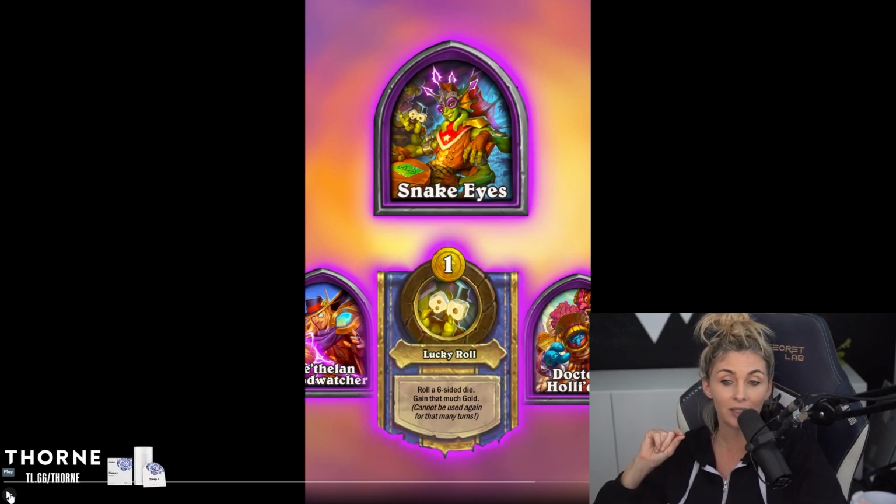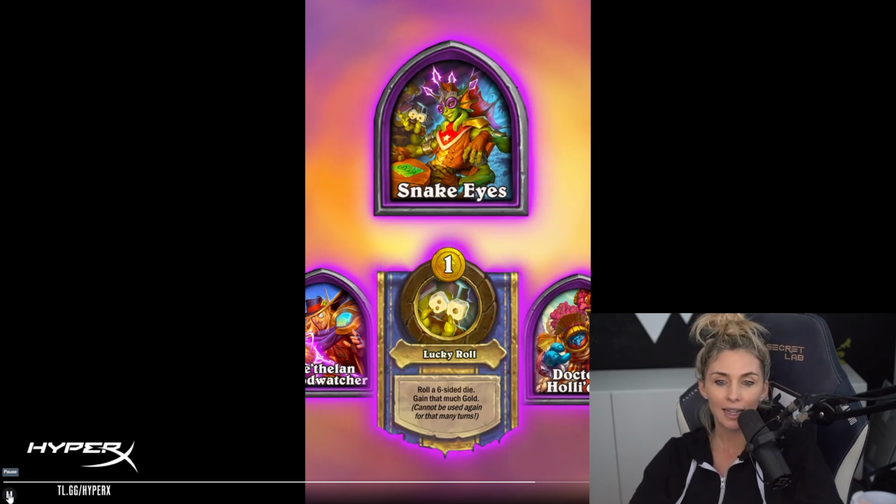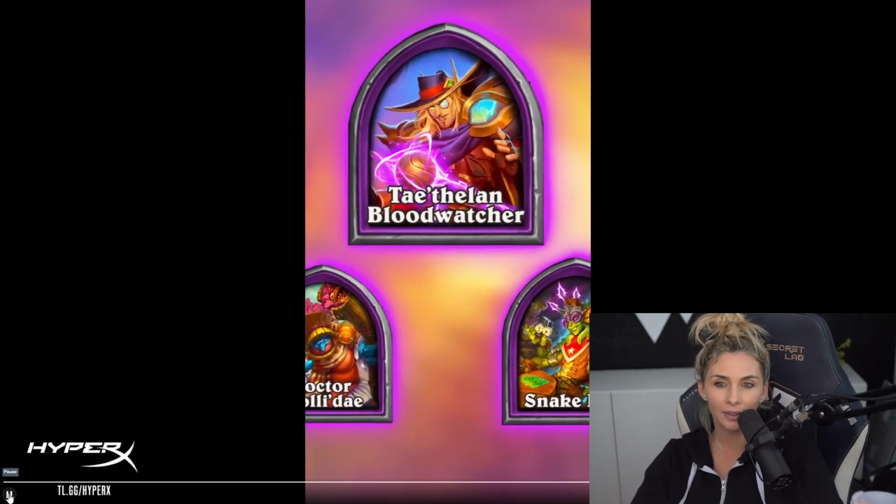Oh, but this is interesting. So let's say you gain 6 gold. You cannot use this hero power again for that many turns. So for 6 turns, you can't use this hero power. That's pretty interesting. And lastly, we have...